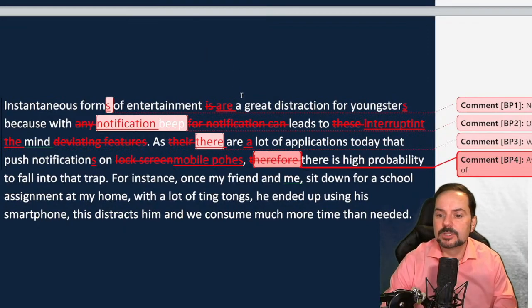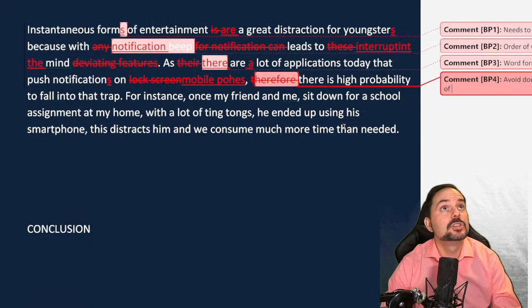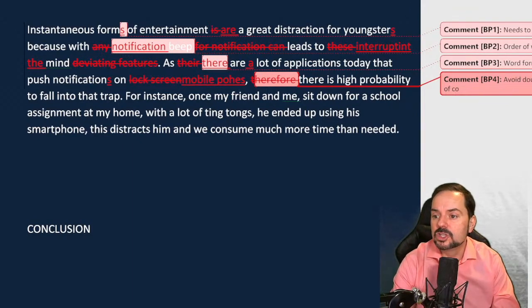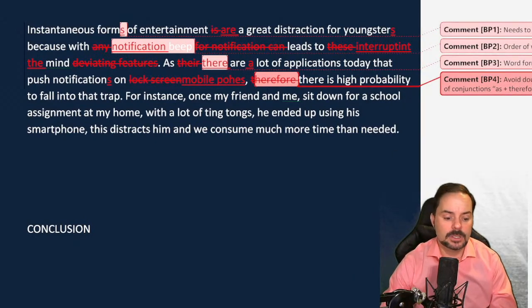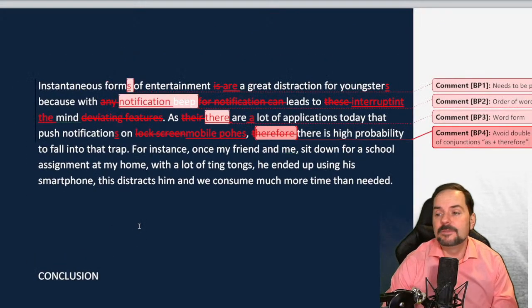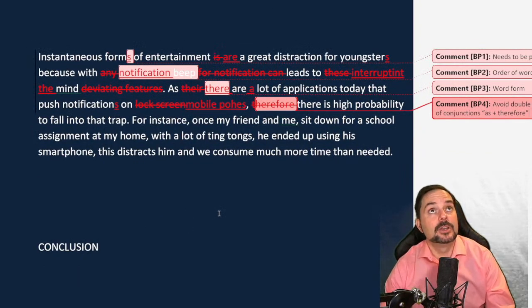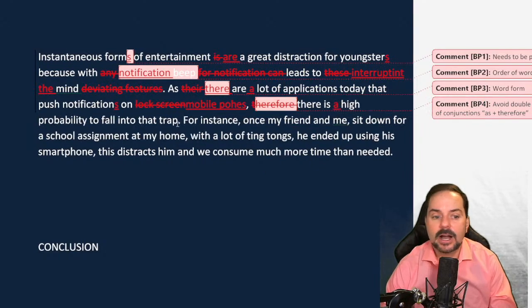Let me make the screen a little bit smaller so you can actually see my commenting here as well. Hopefully you can read that. Okay, I'm just checking to make sure that that's clear. So avoid double use of conjunctions. In this case, as plus therefore. Okay, so don't do that, all right? If it's becoming too small for you to read, let me know because I know many of you are using mobile, okay? So therefore, there is a high probability to fall into